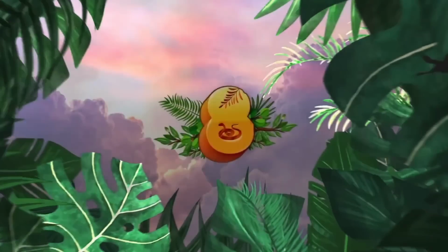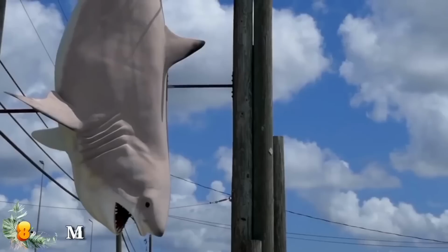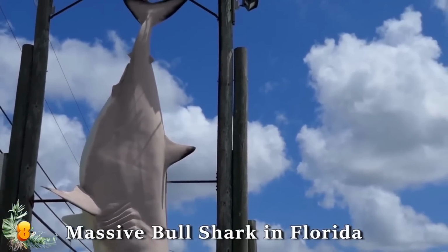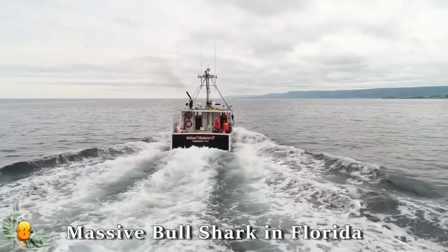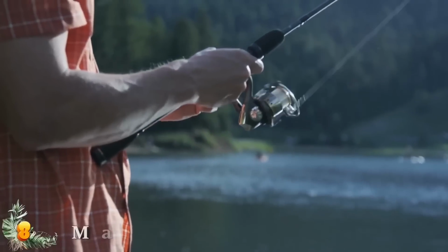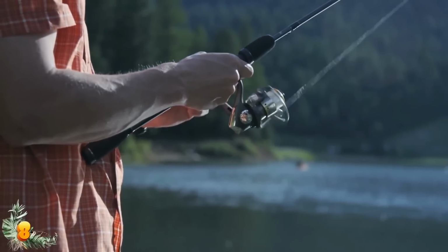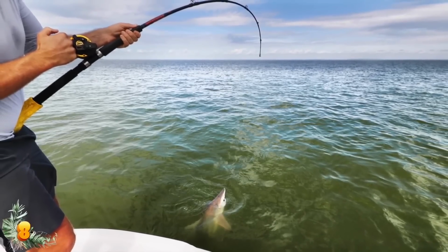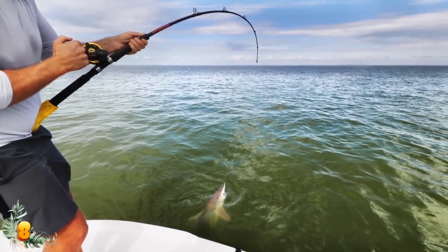Number 8. Massive bull shark in Florida. Fishing charters are a big business in Florida, so when a local company in Myrtle Beach took a group of tourists out to reel in the catch of the day, they got a little more than they bargained for. It took 2 whole hours to reel in what grabbed a hold of one of the lines from the charter boat. Those on board that wrestled with the catch on the end of the line were rewarded with a massive